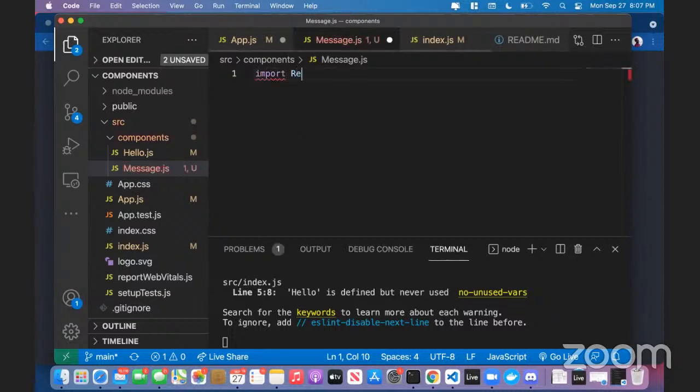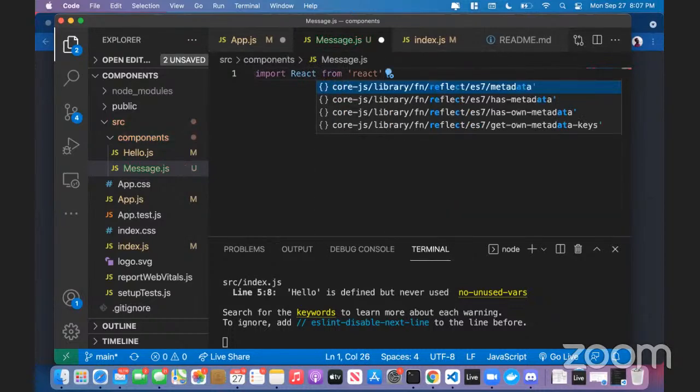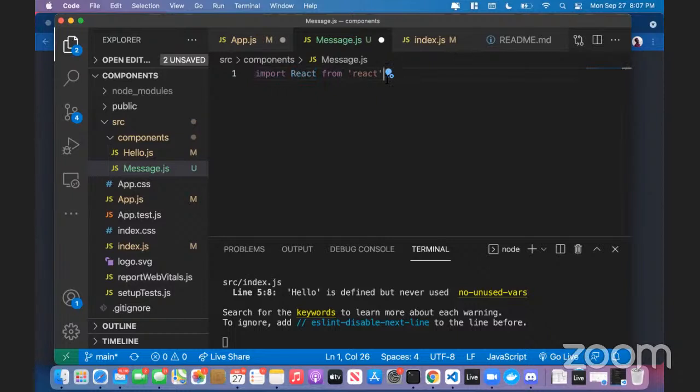to import the React library from the React files that were installed with Create React App. We're going to import React from React, which is a very typical kind of syntax you'll see in React files, import the React library from React. We're going to do that so that we can create another type of component, which is called a class-based component. So for a class-based component, we import React from React, and then we say,